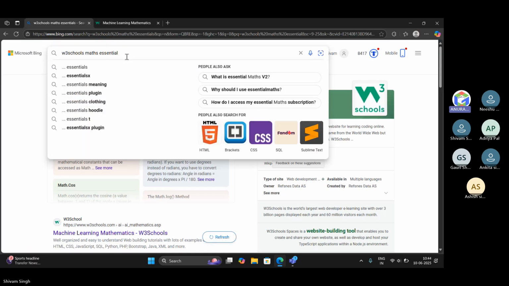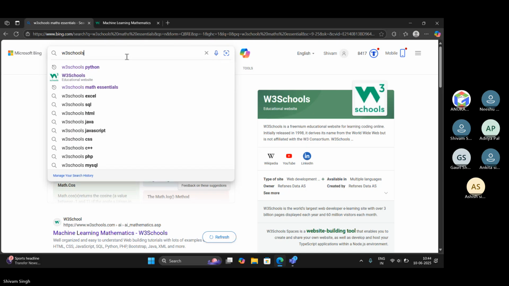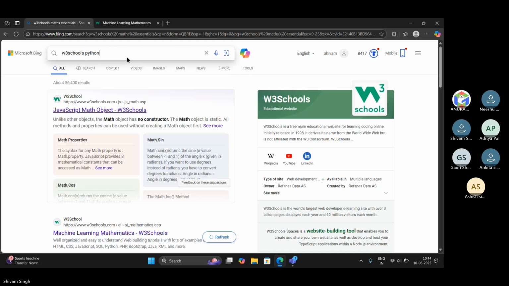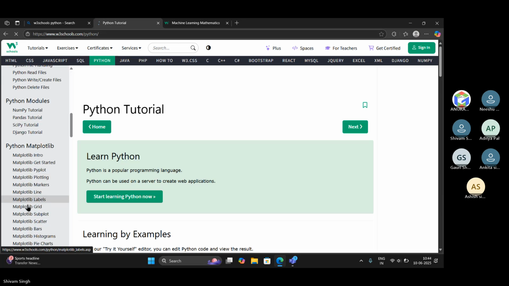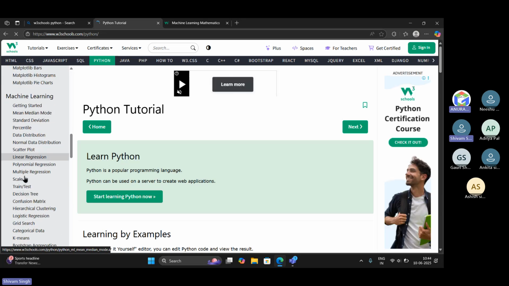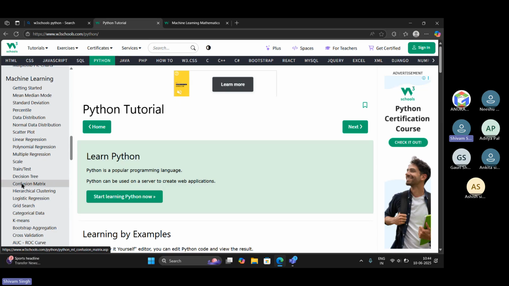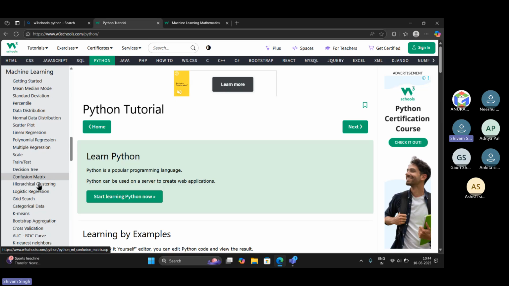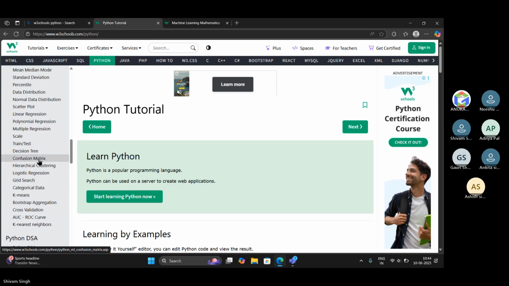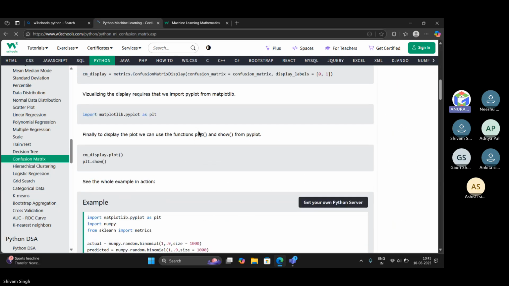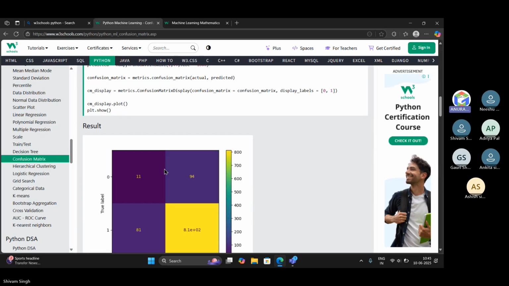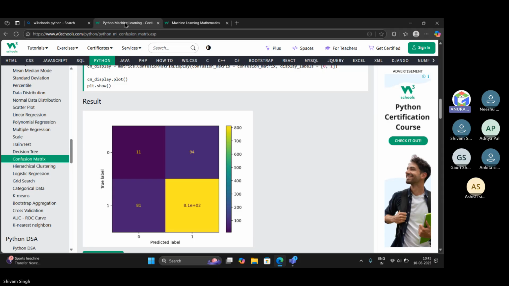Can anyone check? In machine learning, we were doing the confusion matrix. Okay, still there are some topics which we need to cover, right? Confusion matrix we have covered.